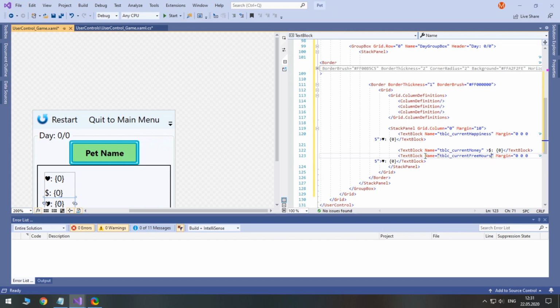Let's increase the margin at the bottom, the last number, to separate good stats from hunger, which will be below.